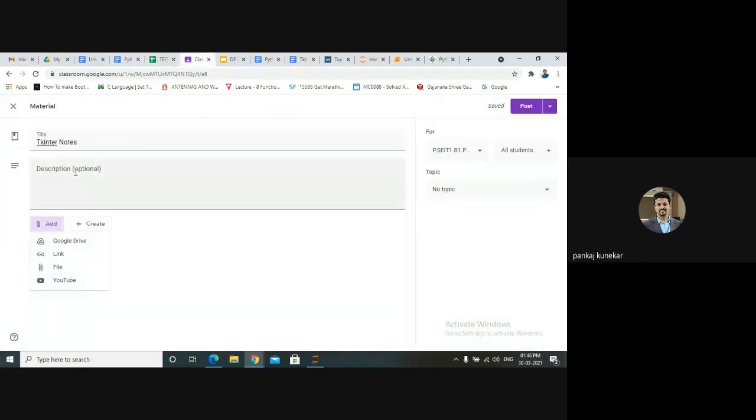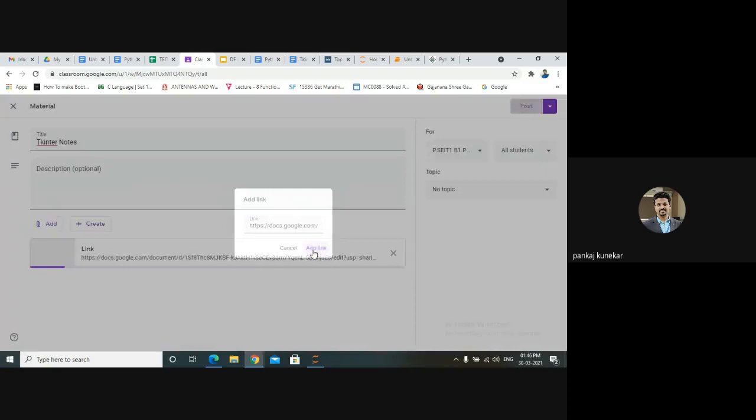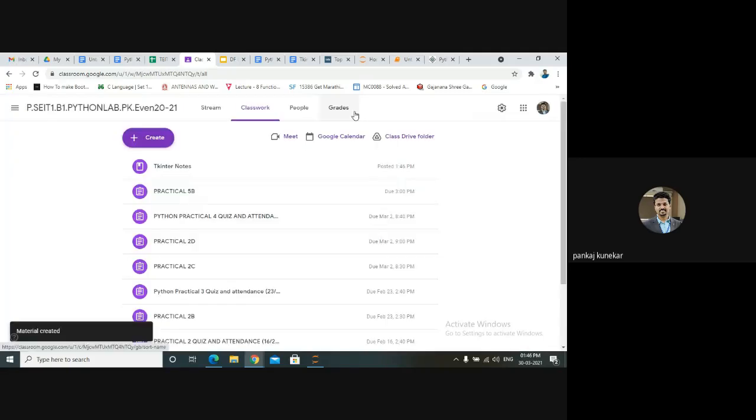You can refer to this. This is the Tkinter material I have posted. You can refer to this document to create your interactive graphical user interface. You can use anything, but see to it that you are using all the widgets.